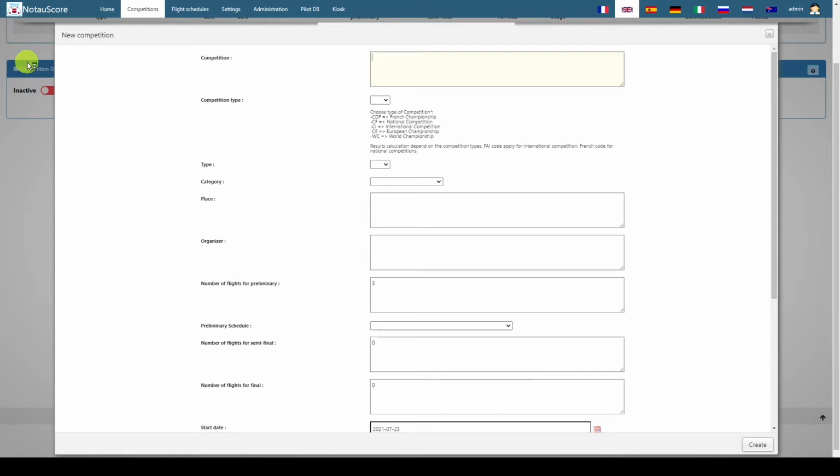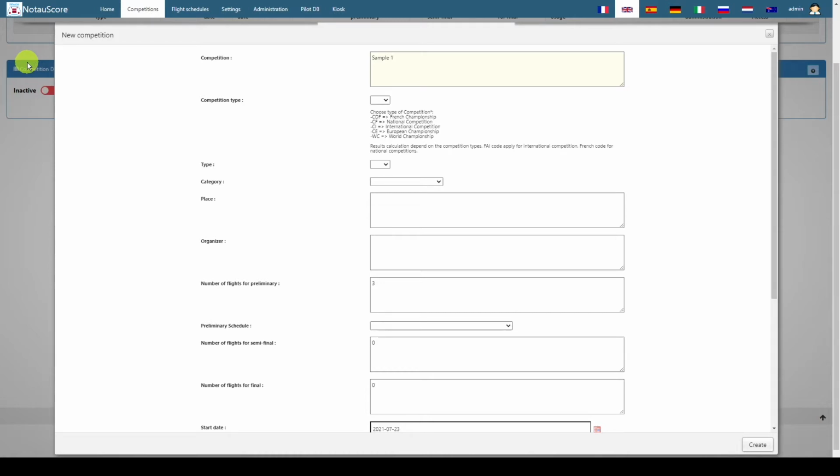So the first competition I'm going to set up here will be the one with generic judges. You can call your competition anything you like. In this competition field here, this is where you name your competition. In my case, I'm in Queensland, Australia, so we do Queensland State Championships, or we fly at a club called Tin Can Bay, and it might be Tin Can Bay 30th of June, whatever the case may be, and I name it. We fly different classes: sportsman, advanced, expert, and so on, and we name our competitions as such. For the sake of these examples, I'm going to do sample 1 and sample 2.